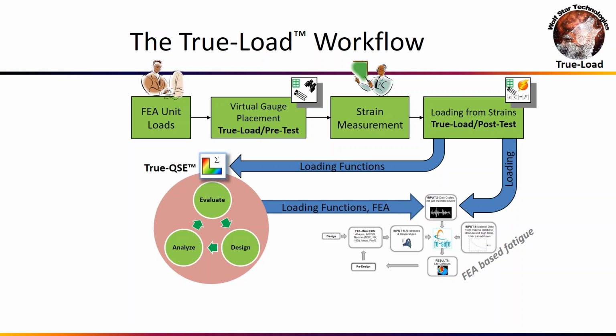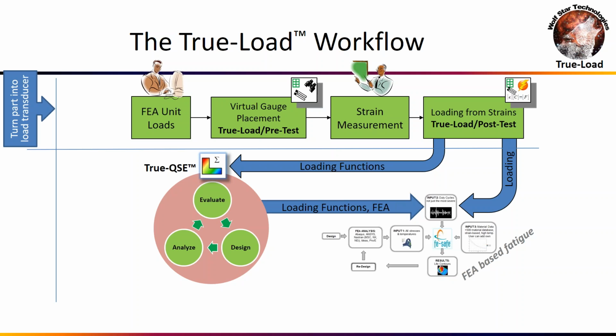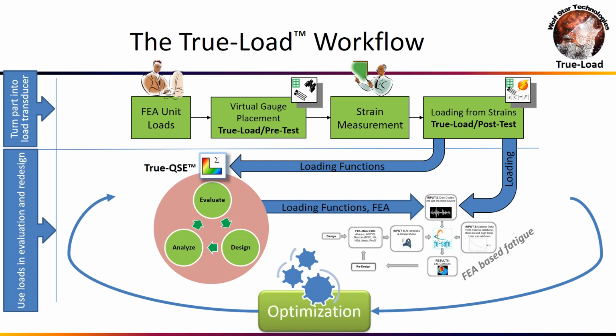So when you look at this whole flow chart here, the top 4 blocks are you turning your parts into load transducers, and the bottom flow chart are you doing design and optimization on your part now that you've got loads. So typically you'll do the top flow chart once, and then the bottom iteration cycle, you might go through that 20 or 30 times before you get to your next prototype level and you go back out to the field again. And then you might do the top 4 blocks again to refine your loadings as your part has changed. Okay?